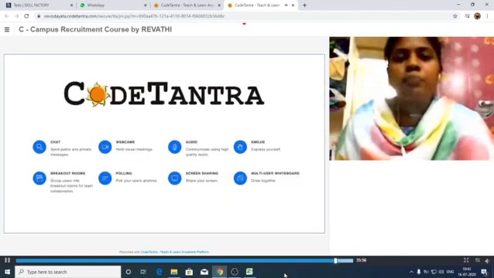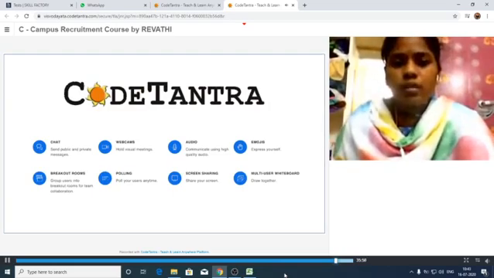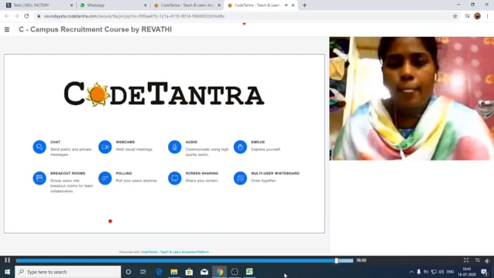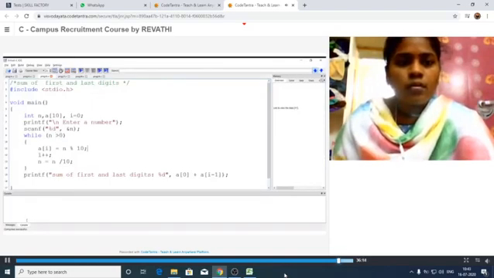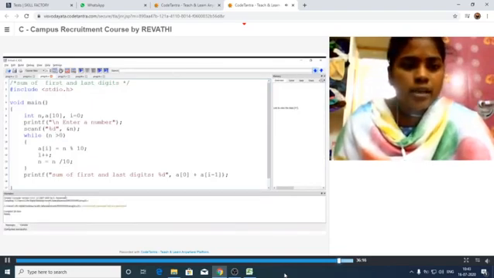Let us execute this one. I am checking the errors. Are there any errors? See here. Check here. There are no errors. It is ready to execute. I am running this one.